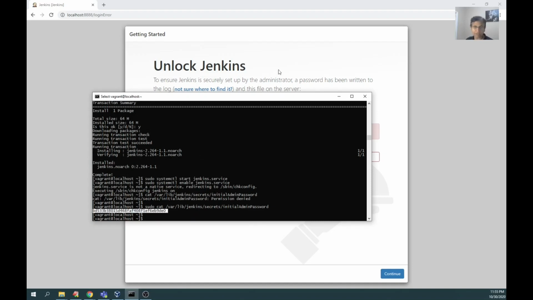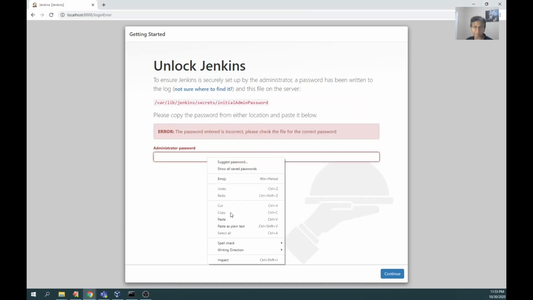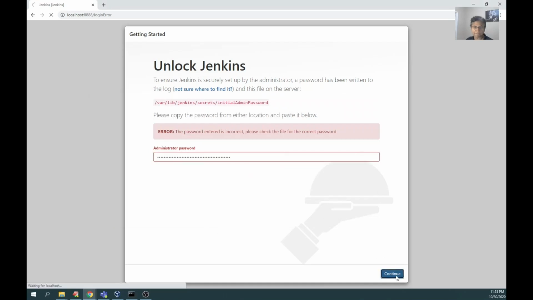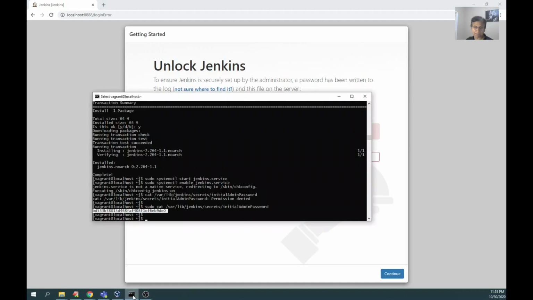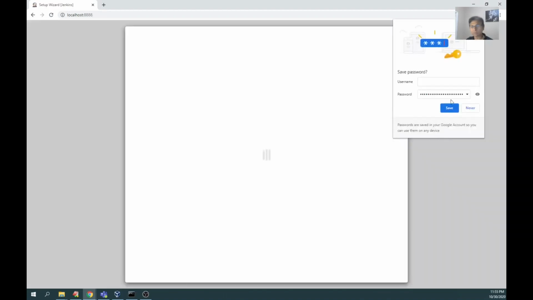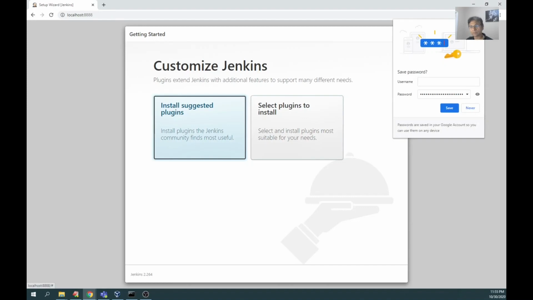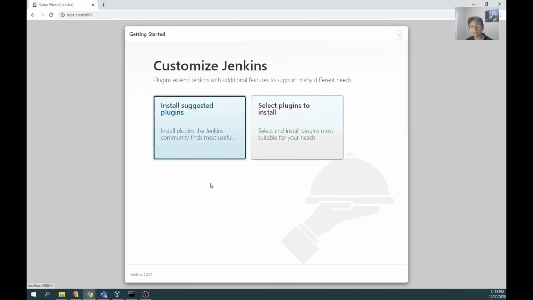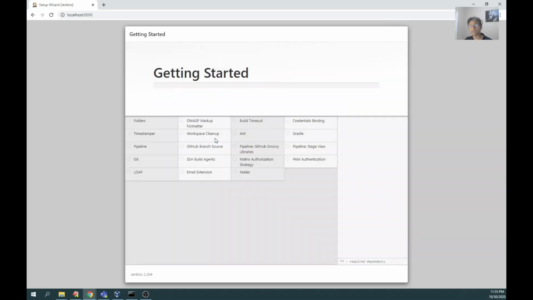It is going to be in this location, fine. Install suggested plugins. Let's go with the default option.